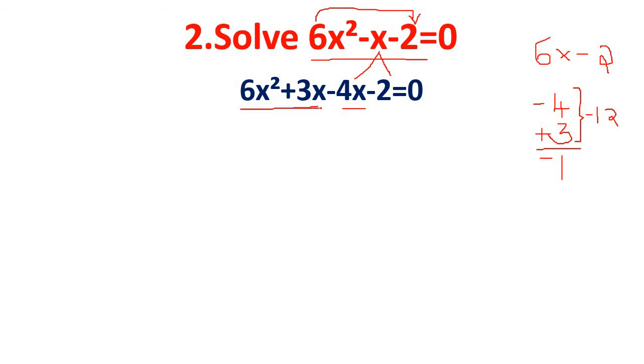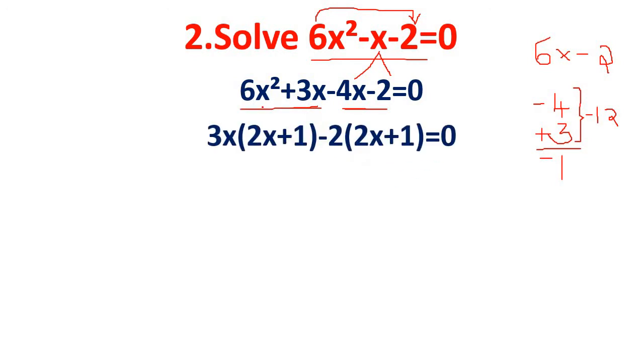Now 6x and 3x, here 4 and 2 are the factors. 4 and 2 are the factors of 2, 6 and 3 are the factors of 3. We can take x outside. Therefore, if you take out 3x as common, here also 3x. So if you take out 3x as common, here 3 2s are 6. Already 1x is outside. The remaining is only 1x, plus already we have taken 3x outside, remaining is only 1.